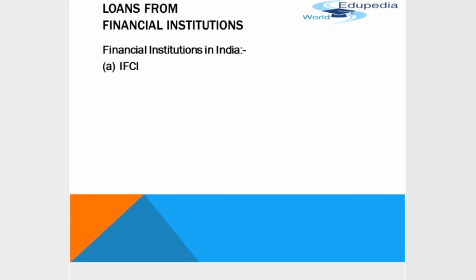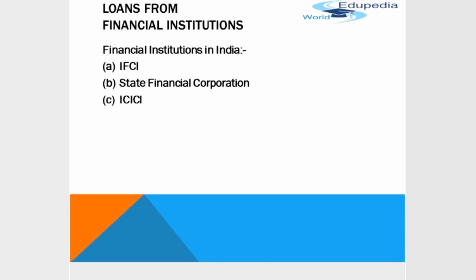Number one is IFCI, that is Industrial Finance Corporation of India. It was established in July 1948 to provide assistance for balanced regional development and encouraging new entrepreneurs to enter into priority sectors of the economy. This was the major objective and role to be played by IFCI. Another institution is State Financial Corporation. This corporation was established to provide medium and short-term finance to industries like private limited companies, partnership firms, proprietary concerns, etc., which are outside the scope of IFCI. So that's why the State Financial Corporation was set up.